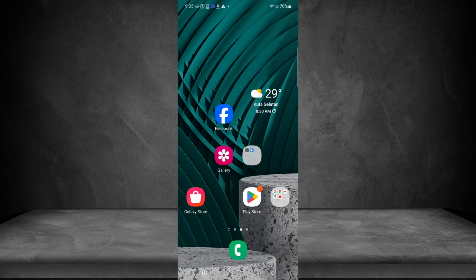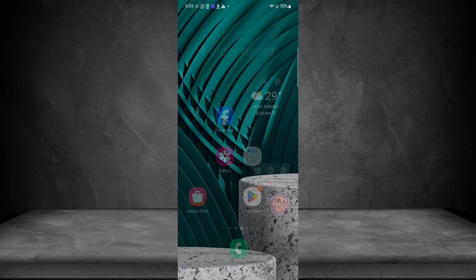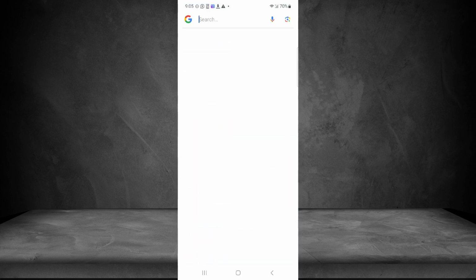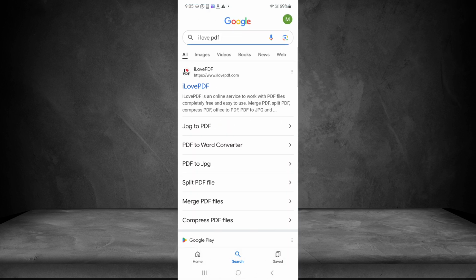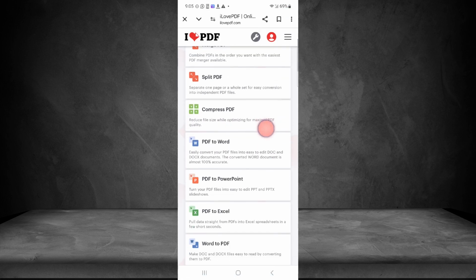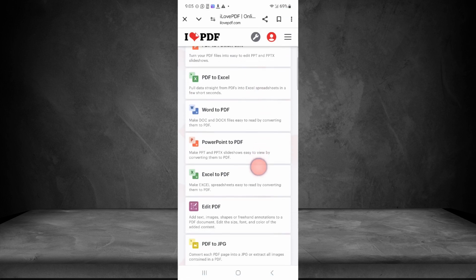So to convert your PDF file into an editable Excel file, first of all you have to open your Google and here you have to search for I Love PDF. This is the website where you can convert your PDF file into an editable Excel file. So just click on this first website, I Love PDF, and just scroll down, and here you have to click